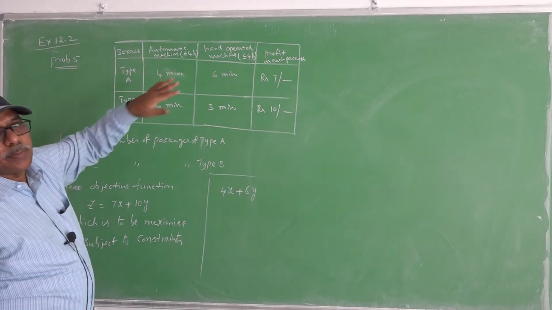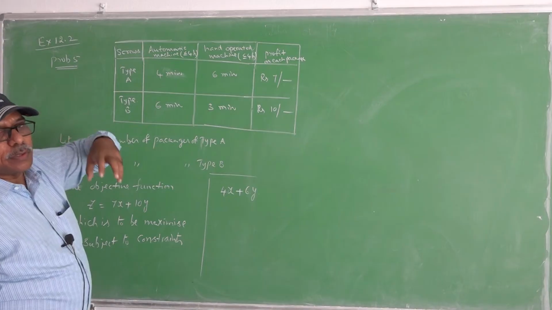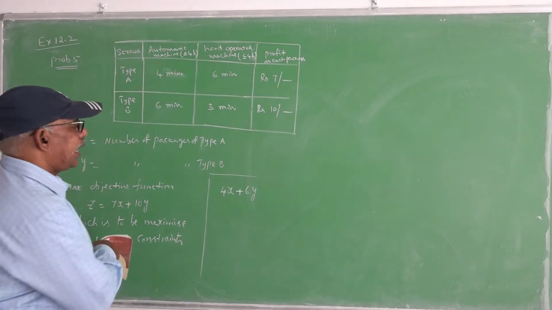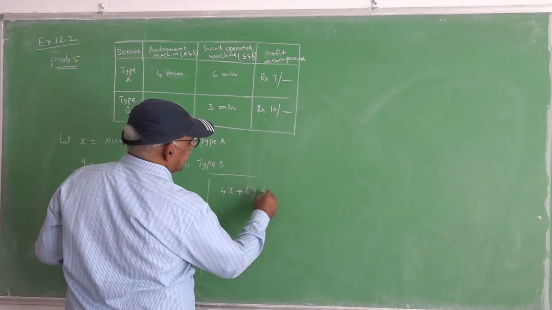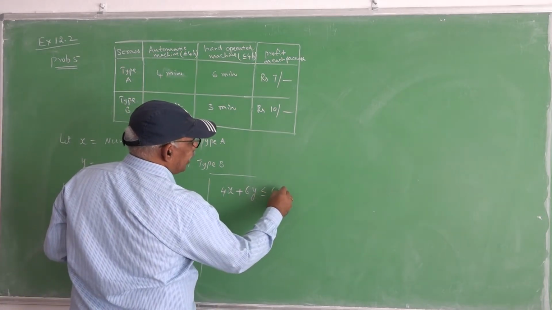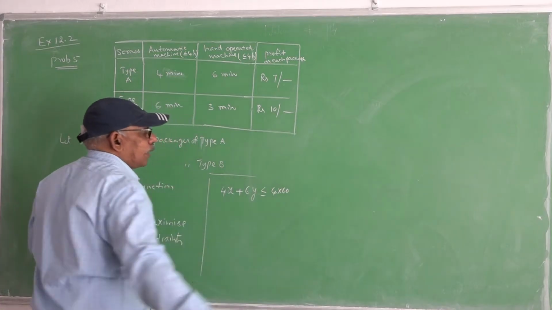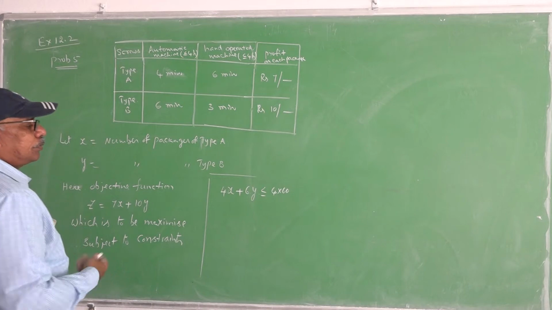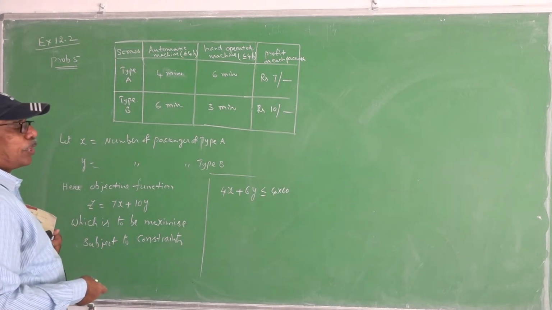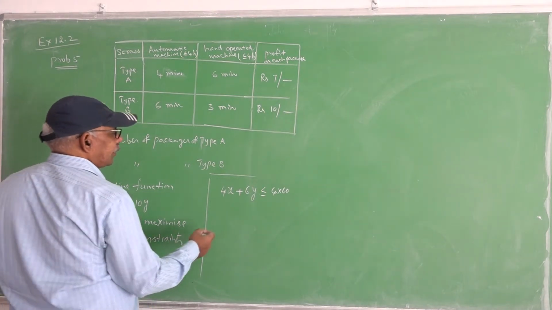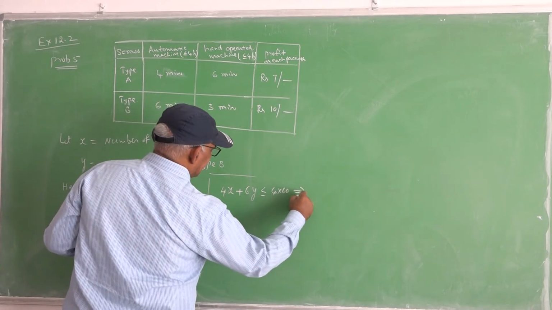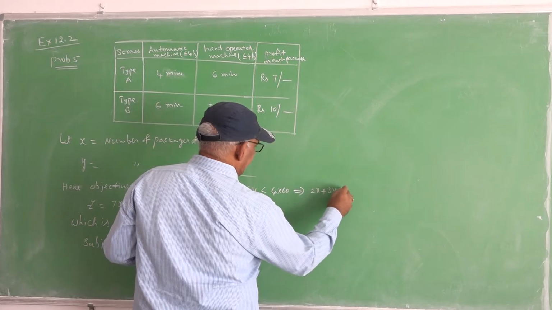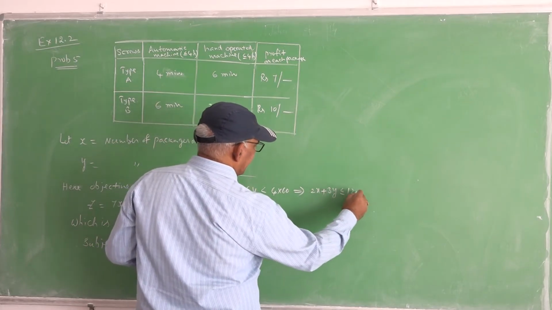equal to 4 hours, because the automatic machine may work for at most 4 hours. Hence, it is less than or equal to 4 into 60 minutes. Because these two are given in minutes, we are taking it into minutes. 4 hours means 4 into 60 minutes, which gives us 2x plus 3y is less than or equal to 120. This is one